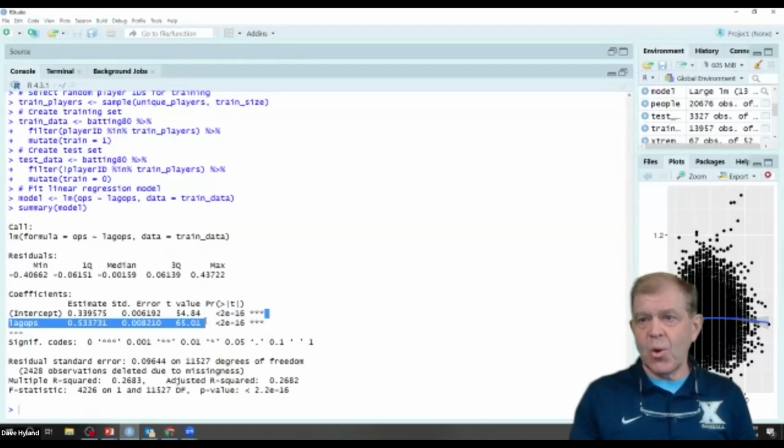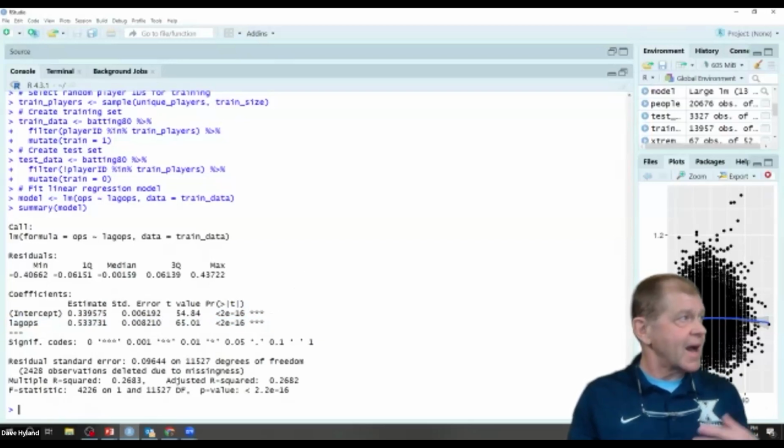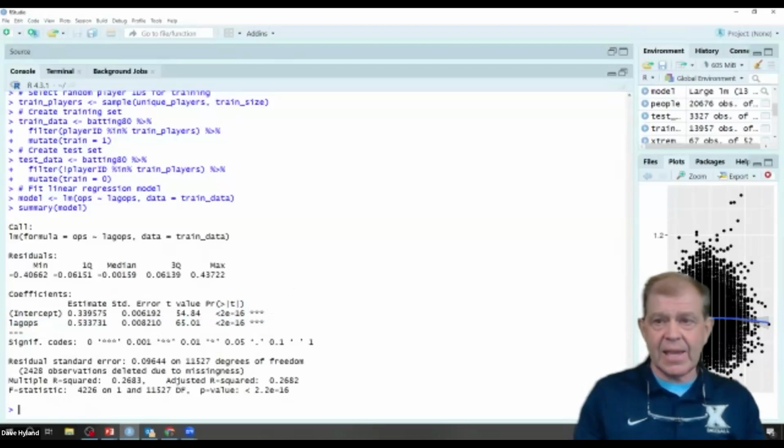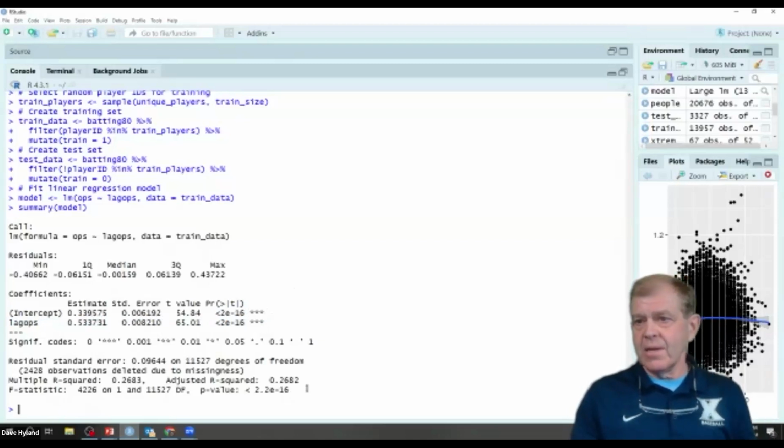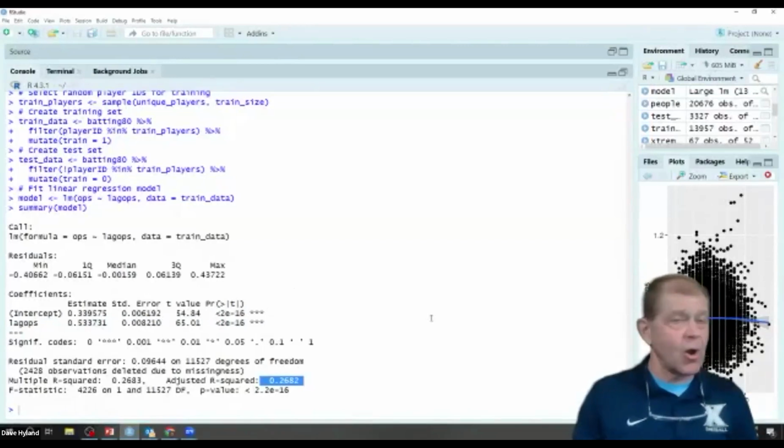We notice both are statistically different from 0, so we think that both the intercept and the lag observation explain OPS. Notice our adjusted R squared, 0.268. So lag OPS explains about 27% of the variability in next year's OPS.